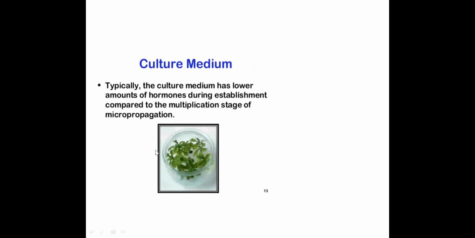So the next is the culture medium. After disinfestation, you have to use the culture medium. Normally when you want initiation of culture, callus initiation or establishment phase, they will use basic media, because this will not have higher amounts of hormones. It will have only the trace elements, the micronutrients and the macronutrients, the vitamins, all these things only will be there, because this is only the first stage. So it will not have higher amounts of hormones.